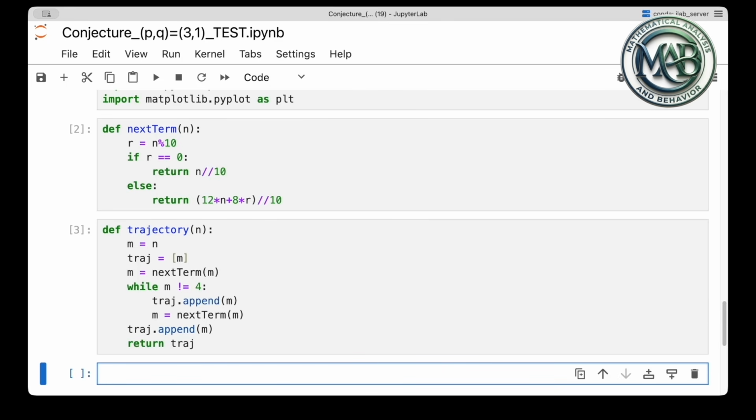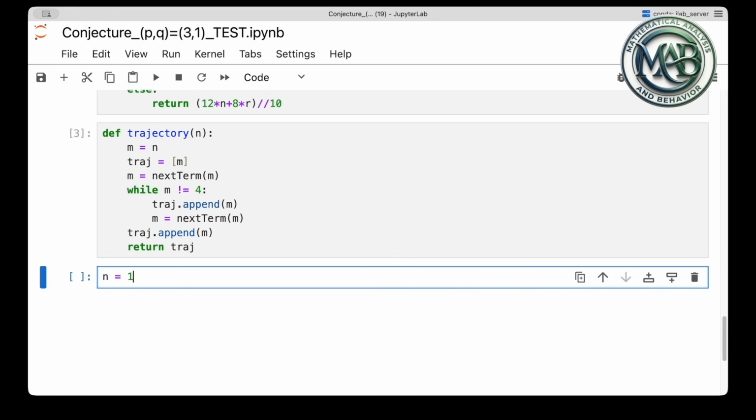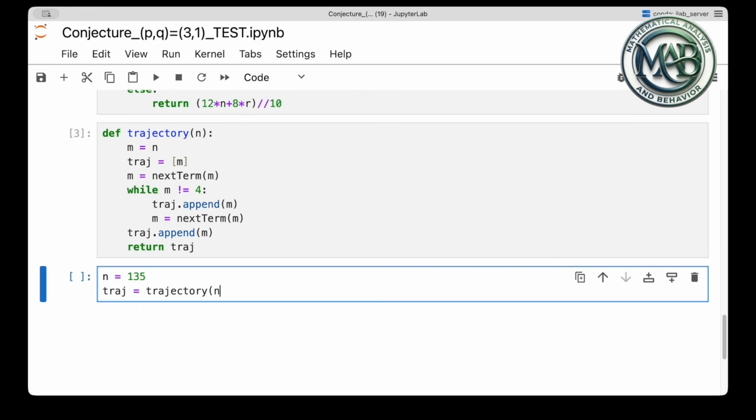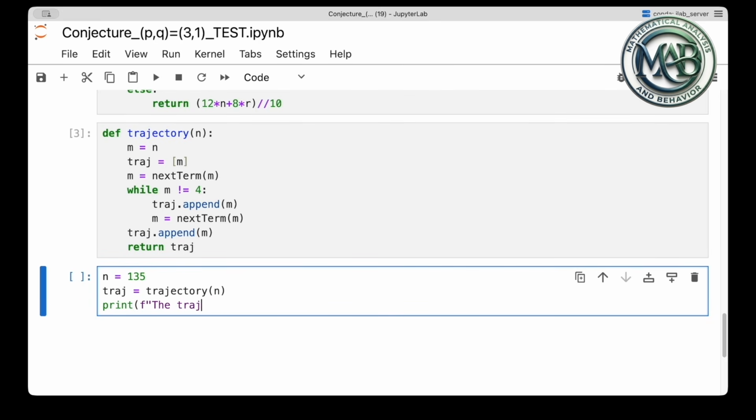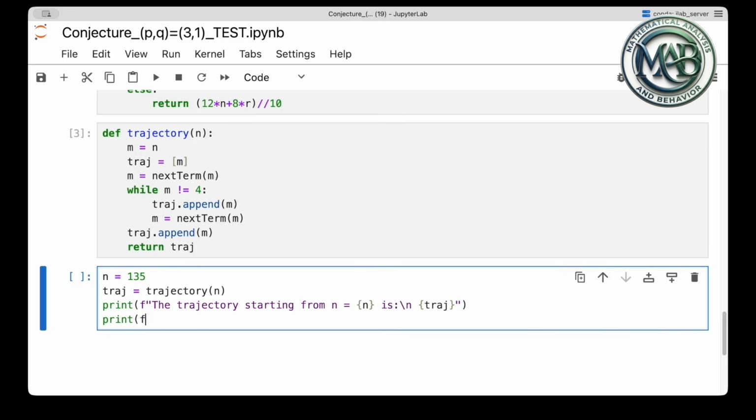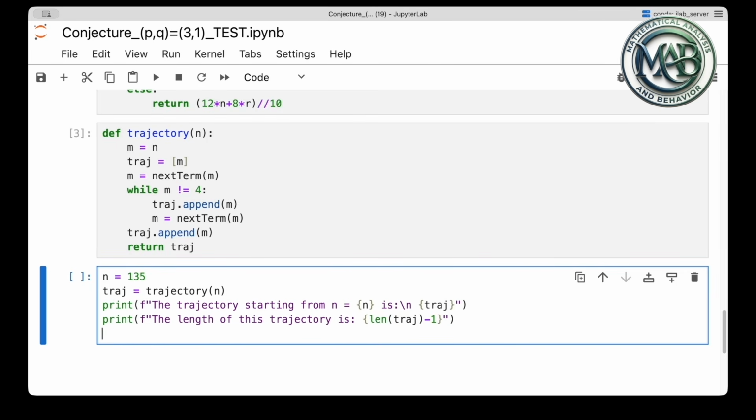If the trajectory of an initial integer n never reaches 4, the while loop will run infinitely. After that, we use print statements to output the resulting list of trajectories for our starting number.